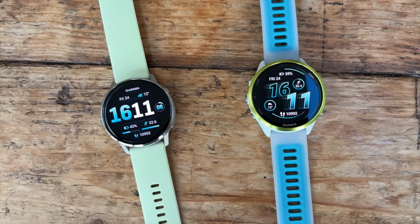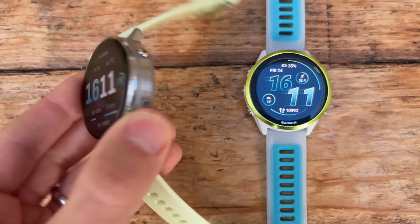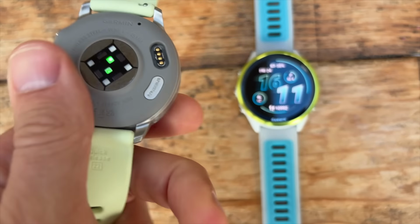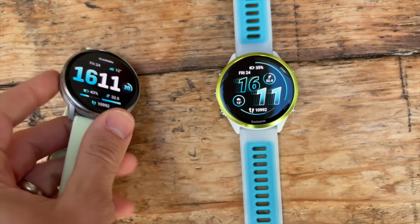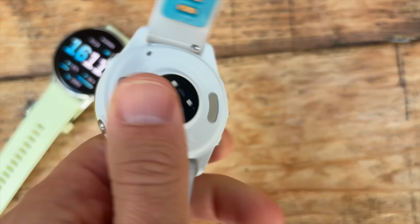So the Venu 4 and the Forerunner 570 are two Garmin watches that come in at a very similar price, exactly the same price in the US, in fact, though the Forerunner 570 is £10 cheaper here in the UK. They have quite a lot of very similar features as well, and while the Forerunner 570 is obviously in the Forerunner range, it's posited more as an endurance sports watch, while the Venu 4 is more in the smartwatch Garmin